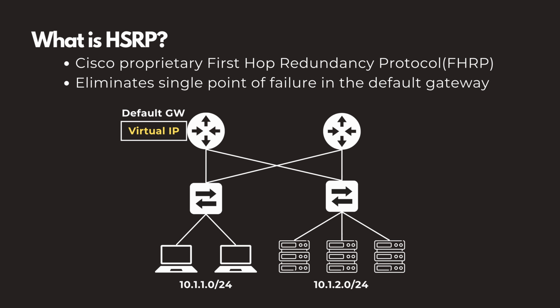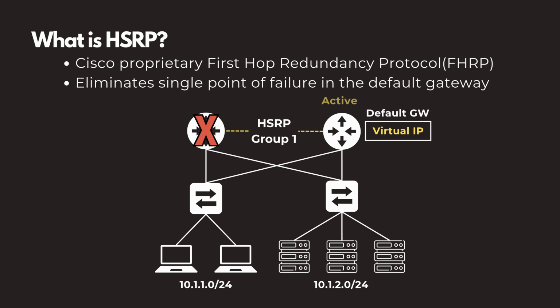In order to participate, routers need to be in the same HSRP group. Then they will elect an active router, which forwards traffic for the virtual IP. The other router will be a standby router, which serves as the backup. They will have a virtual IP, which is the gateway IP configured on hosts. This IP automatically transfers from the active router to the standby router during failure.